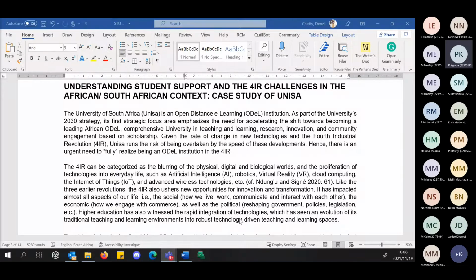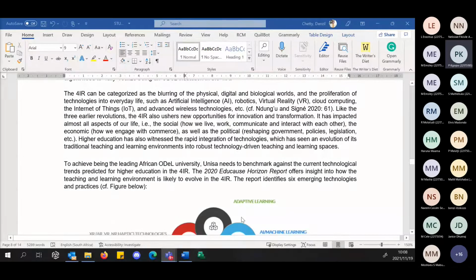And this is why I left this discussion for the end of our course, because now it brings us back to and grounds us in reality. The technology discourse can be very robust. The technology discourse can be very advanced and benchmarked against international practice, but the technology discourse, the innovation in teaching and learning discourse in South Africa, in Africa, must be contextually relevant. We cannot talk about innovation without bringing it to our context.